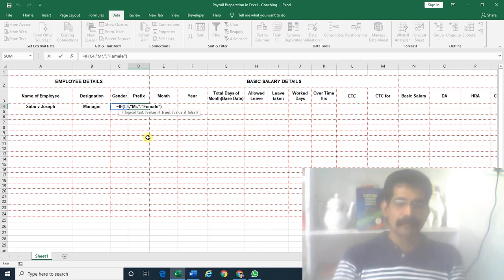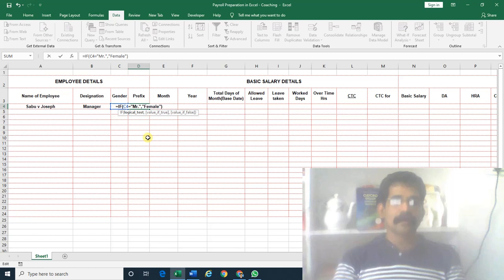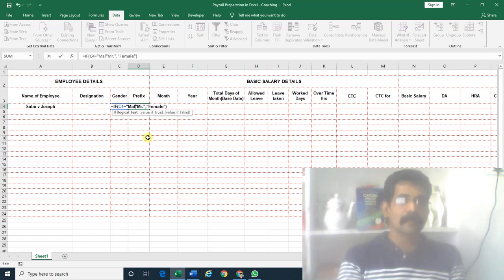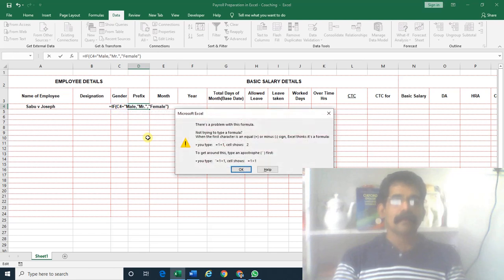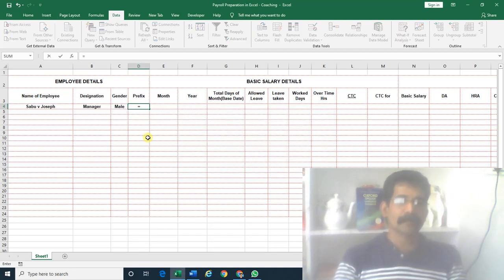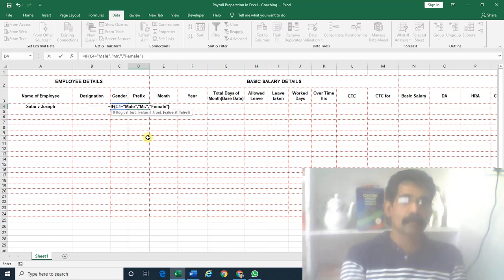Put equal here. If CE is equal to male, this is if this one equal to male, comma, inverted comma, Mr. Else, female, inverted comma, bracket close.